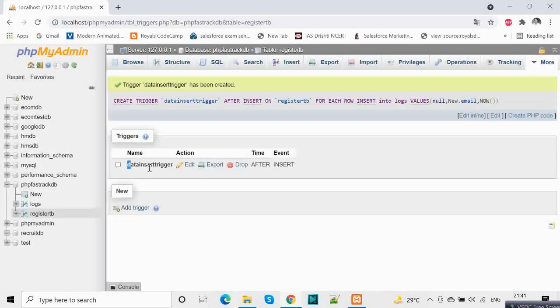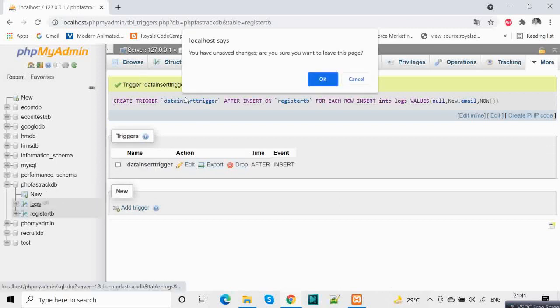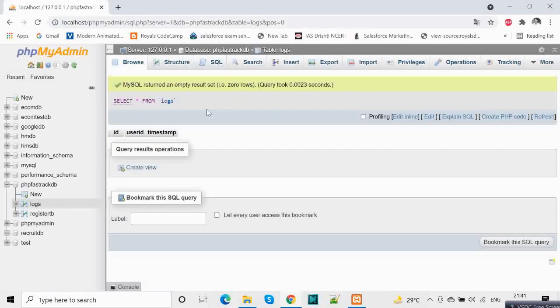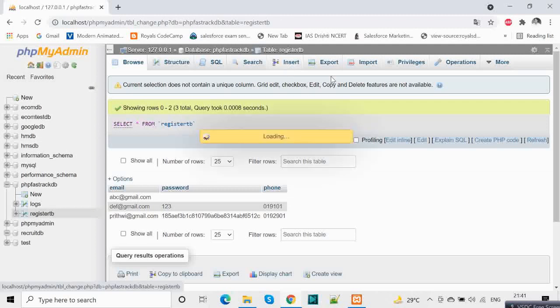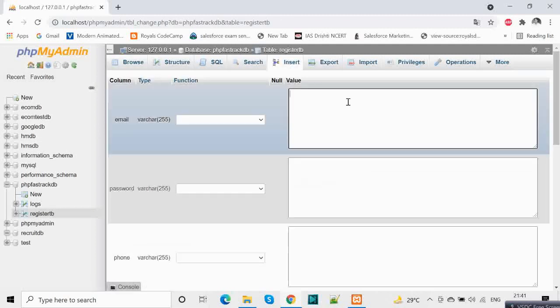So let's create it. Here is our trigger. Now let's see our logs table. It should be blank. Okay, it's blank now. Now let's go to our registered table and insert a record.